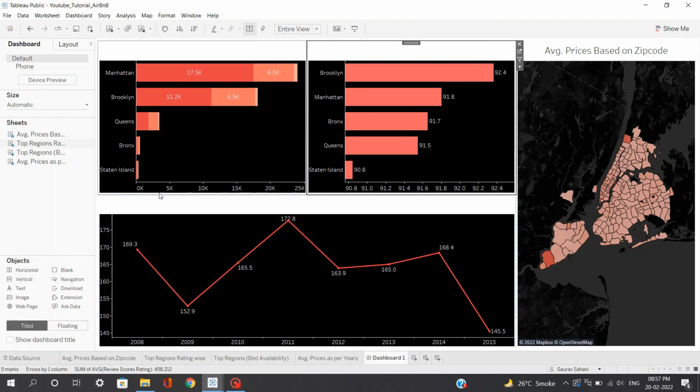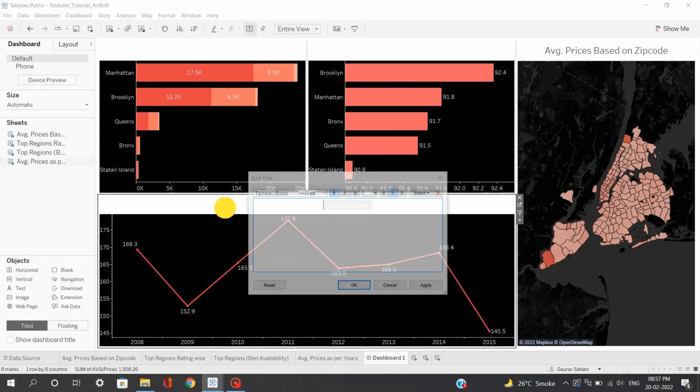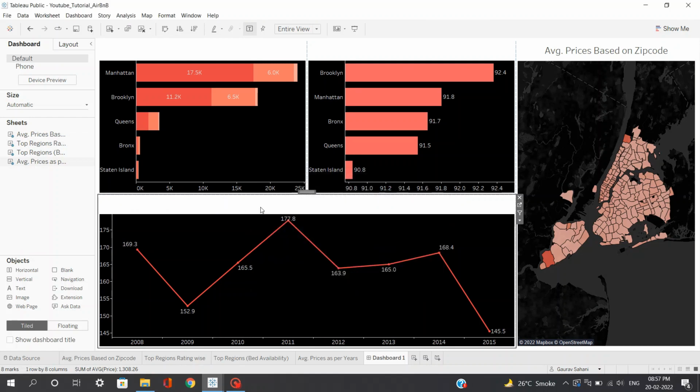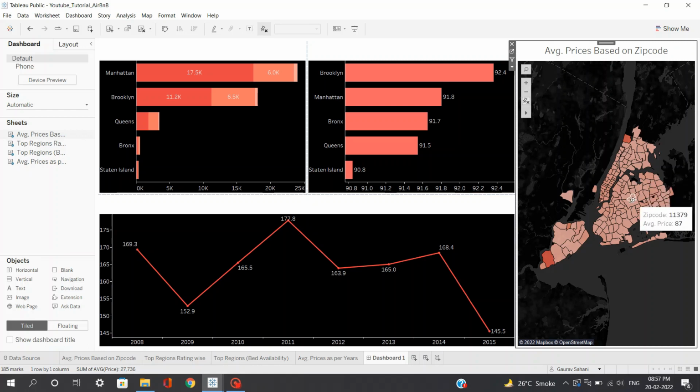Now you would be wondering why the titles are blank. As you remember, we had kept the font as white, that's the reason they are appearing as blank. So if we change the title color to some different color, let's say black or red, it will eventually appear. So don't worry about it. Now let's focus on bringing in the legends. Now for average prices based on zip code, the user must know from where to where my prices are lying. We have kept the tooltips, but to make it more presentable, we need to add the legends.